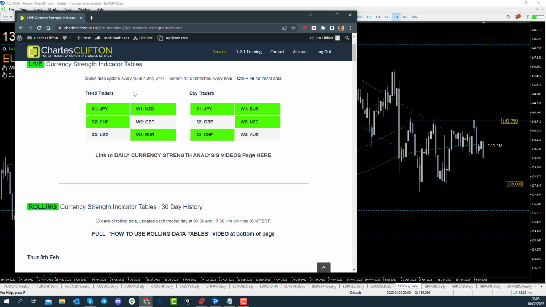We have two types of tables. We have the trend traders table and the day traders table. These are showing us the same studies but just highlighting different time frames. Here you can see the currencies are highlighted in green. That means there is a confluence between these two trading time frames, and that's where we'll be focusing our attention